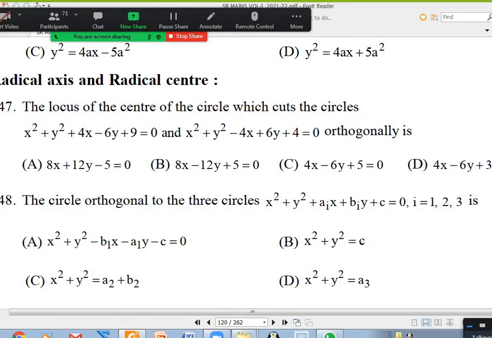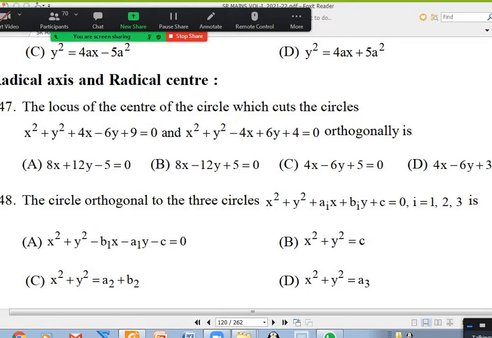Why? Because you can see the x and y coefficients are changing: A1, B1, A2, B2, A3, B3, but the constant is not changing. C, right? So the answer is obviously option B, x² + y² = -C. So anyway 2gg' is 0, 2ff' is 0, so c + c', the constant should be -C.